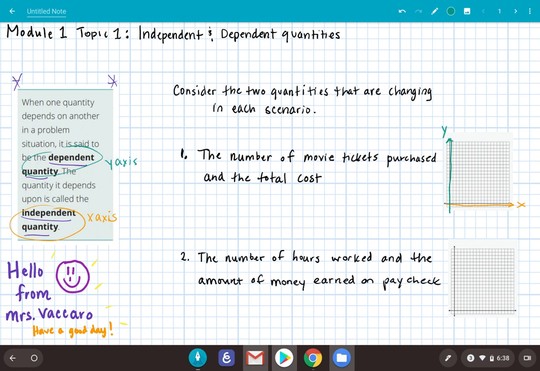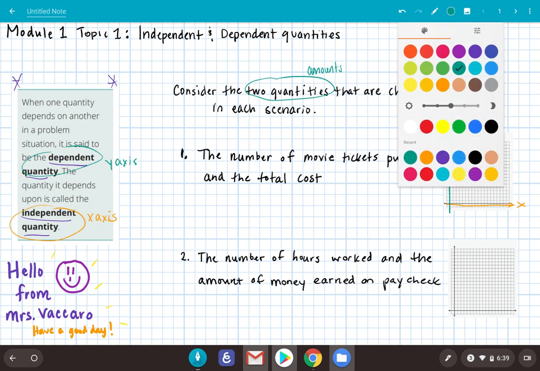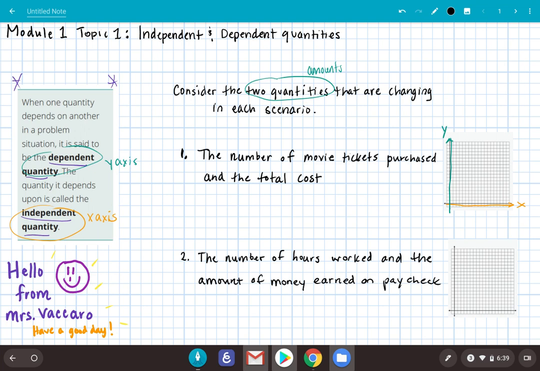All right, so we need to determine in this scenario here, first of all, what are the two quantities? What are the two amounts? And then we need to determine which one's dependent, which one's independent. So let's look here. We've got the number of movie tickets purchased and the total cost. So we have two different amounts. We have two different quantities that can be expressed as a number. We've got the number of movie tickets and we've got the total cost. And in this situation, the total cost is going to depend on the movie tickets. So the total cost is going to be your dependent quantity because it depends upon how many movie tickets are